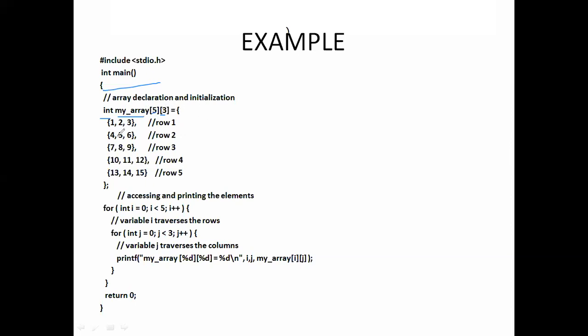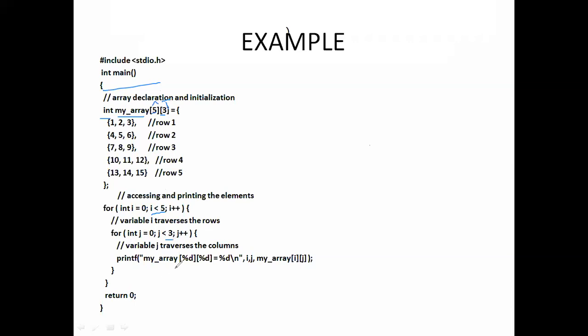Okay. So 3, 3, 3, 3. Then how do I want to print this? Total how many rows are there? Total 1, 2, 3, 4, 5 rows. So you declare a for loop: for i equal to 0, i less than 5, i plus plus, open bracket. Then you take row as i and column as j. Here i covers 5 rows, so less than 5 because the index starts from 0. Take another loop with j. The j condition is 3. The j value is only up to 3, starting from index 0. So I take j less than 3, j plus plus.